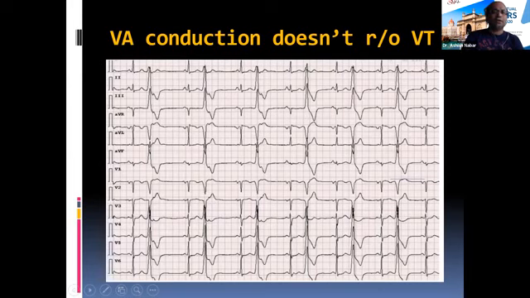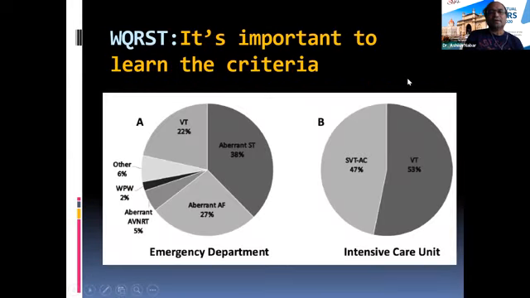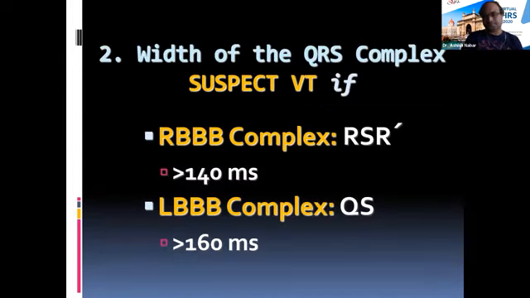Let's move on. So wide QRS tachycardia, it's important to understand where you see them. Whenever you see them in the emergency, if you cannot apply your criteria well, you can go by the clinical situation that 85% of the times they are VT, and assume it as a VT, treat it as a VT, and then sit and see how the ECG in sinus rhythm looks, how the ECG in wide QRS tachycardia looks, and conclude what you are dealing with. Many times it is an emergency. It's important to realize that it is better treated as a VT.